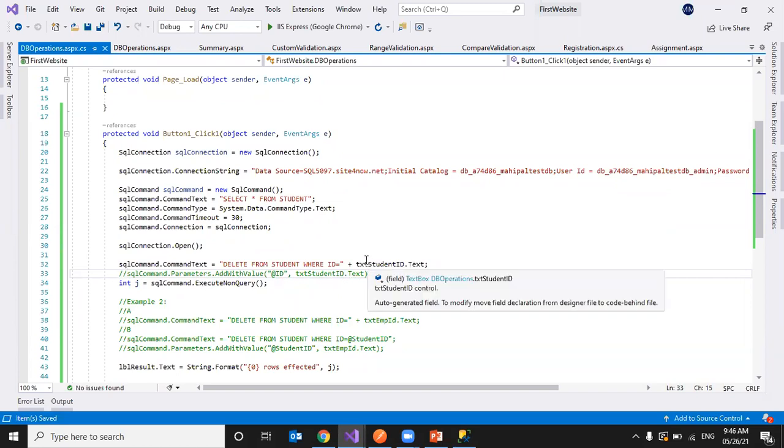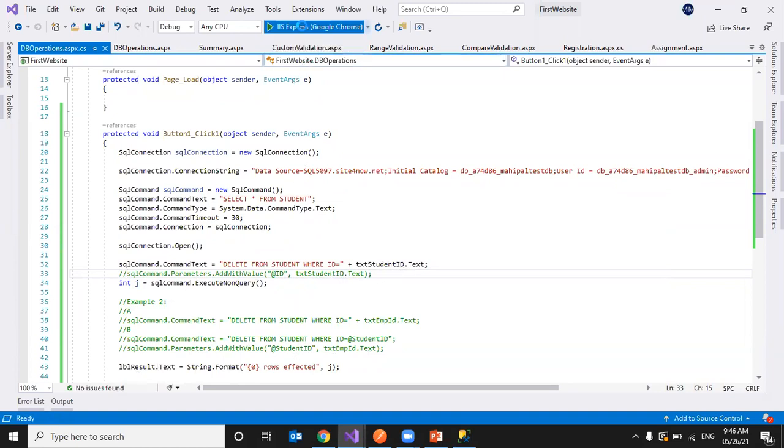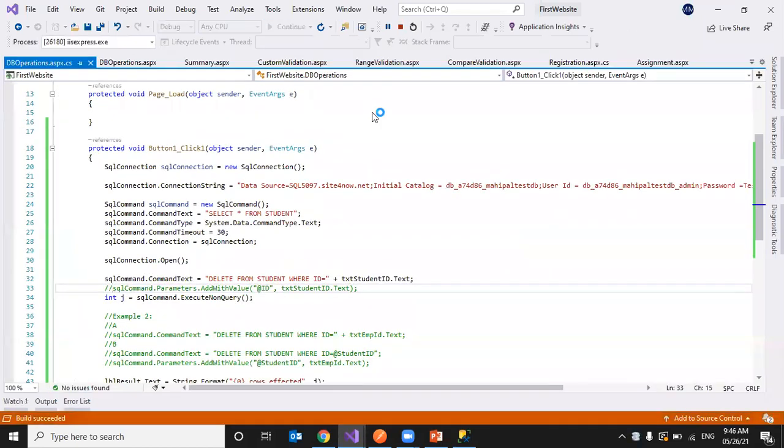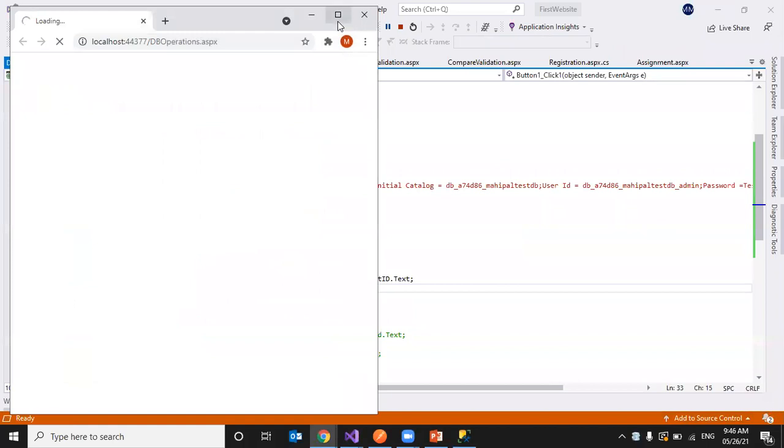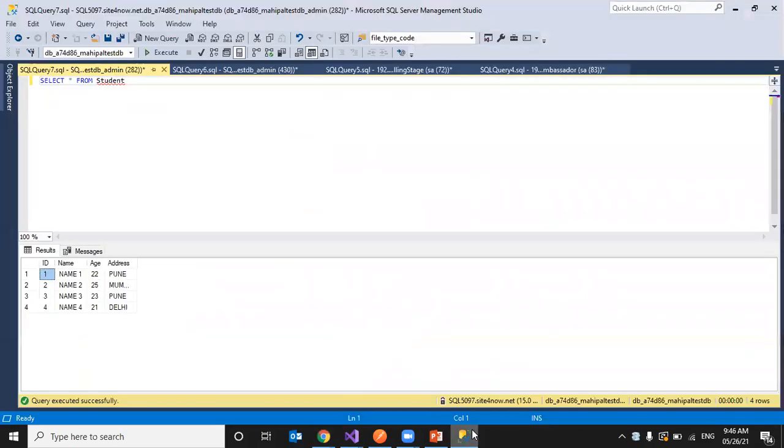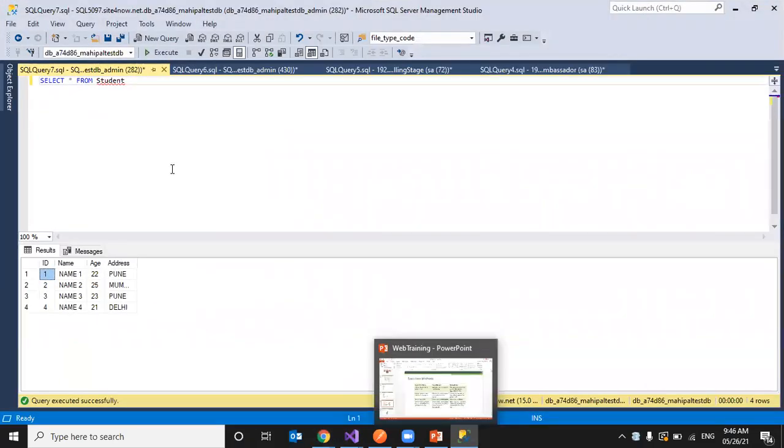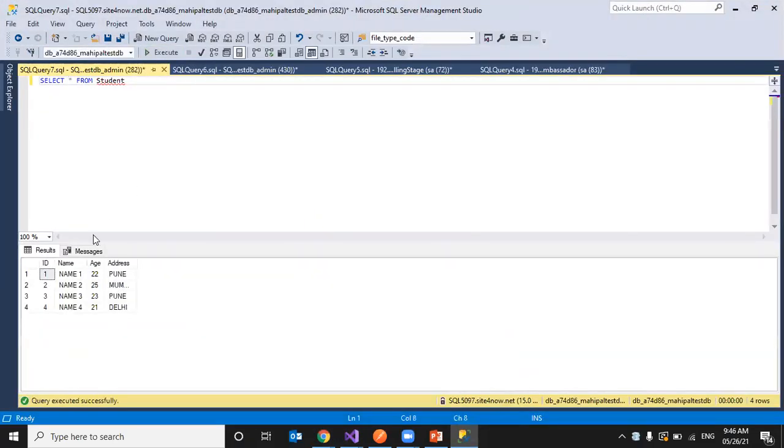So I'll enter some ID, then I'll execute this non-query, then we'll print how many rows are affected. See here, enter student ID to delete, and I have the delete student button. Now I'll go to the DB and verify once.